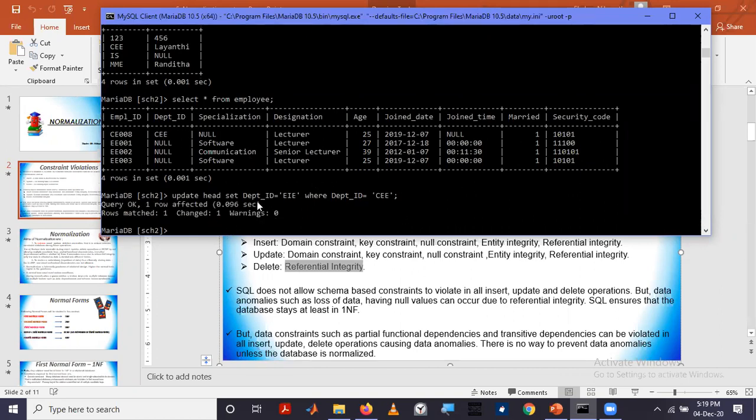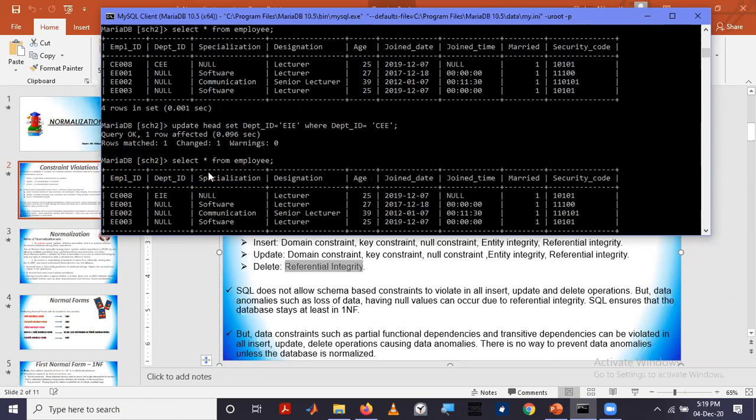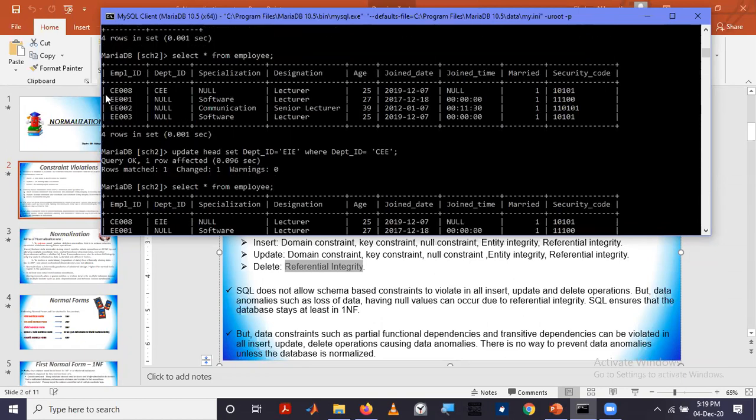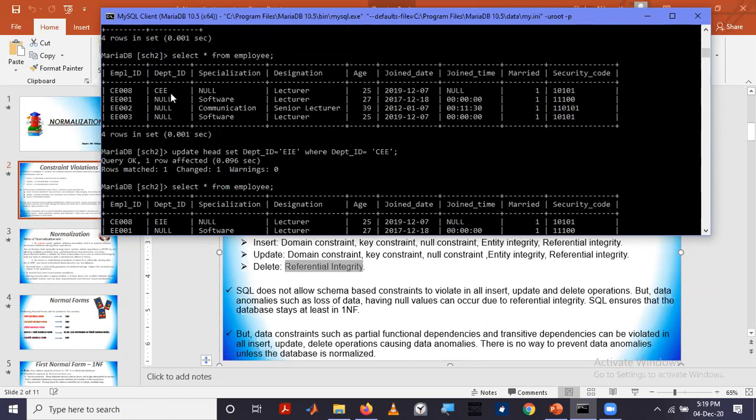Okay. Now we will see the table employee. Right, in that operation you can see this has been updated also. If this is updated, this has been updated and other values are kept as they were.